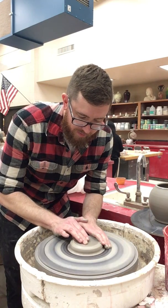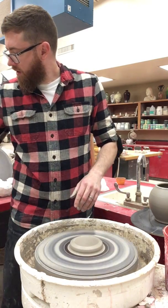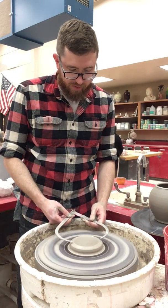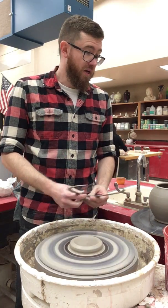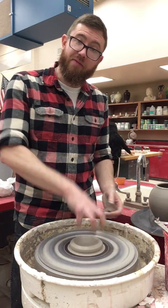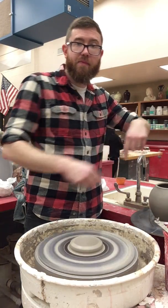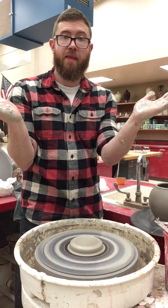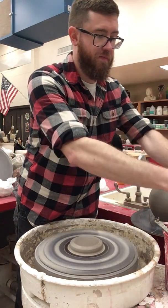Really compressing. All right. And I'm going to keep referring to this measurement. Essentially what I need to do here is create two rims. One rim is going to be that flange. It sort of stands up and it's going to sit down into the pot, right? And the other is going to go out and catch the rim of that pot. So